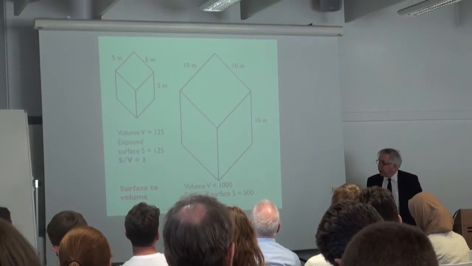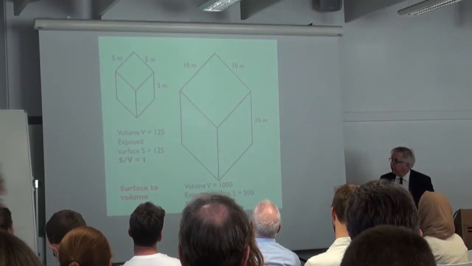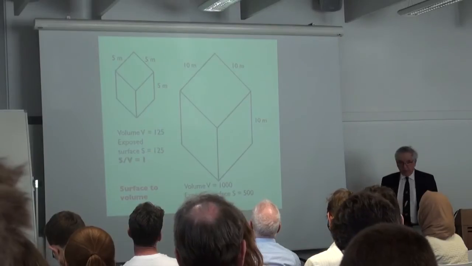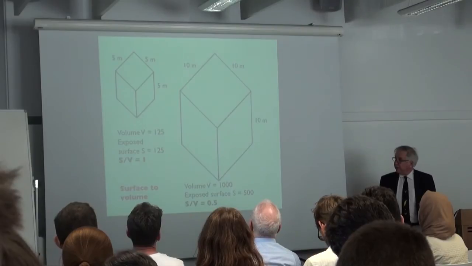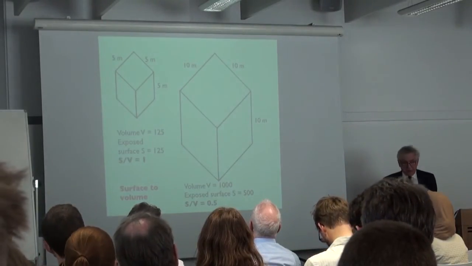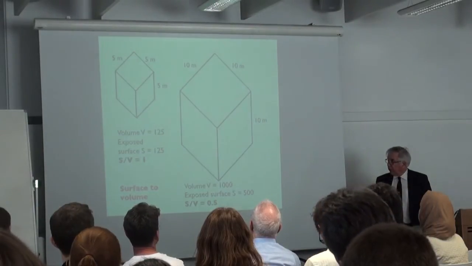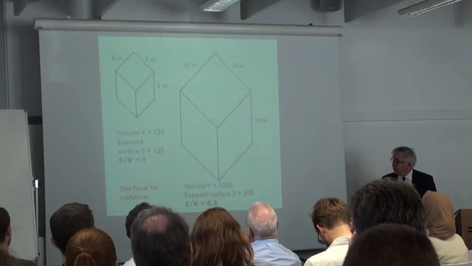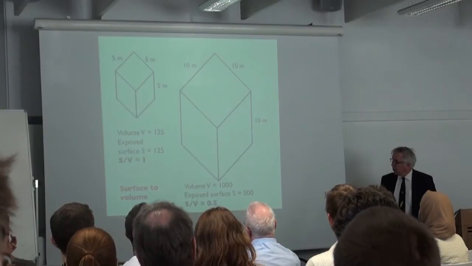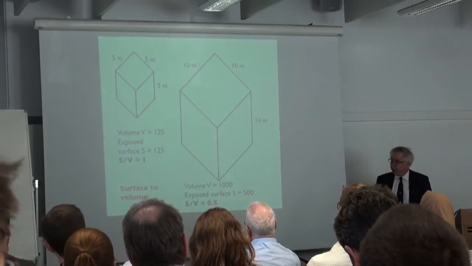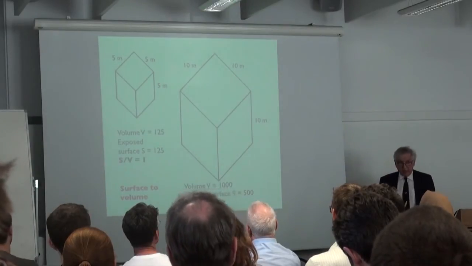If you look up at the building, notional building at the top left, it's a cube-shaped building, 5 meters cube, and its volume is 125 cubic meters. It has an exposed surface, counting the four walls and the roof, of 125. So if we take the ratio of surface to volume, S over V, the ratio is 1. On the right, another cubic building, but 10 meters now, 10 meters cube. Volume is 1,000, the exposed surface area is 500, 5 times 100. And so S over V is 0.5, so that